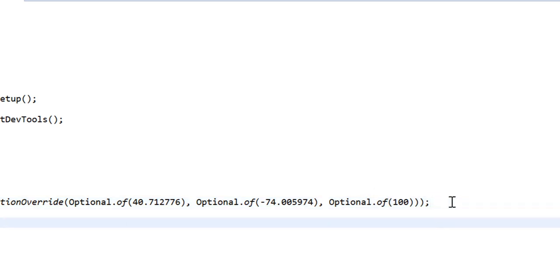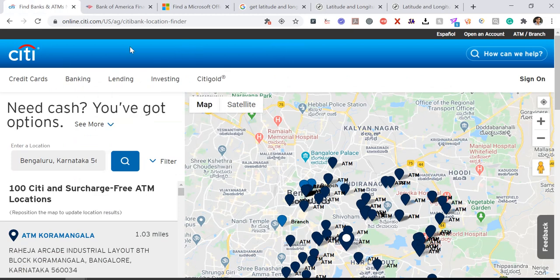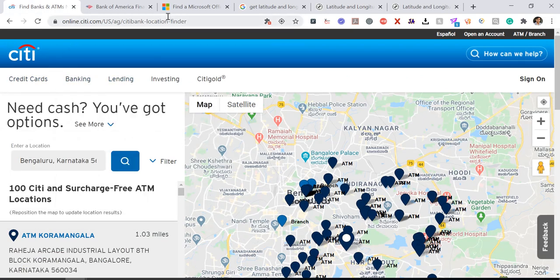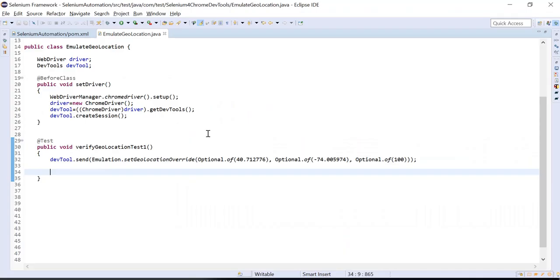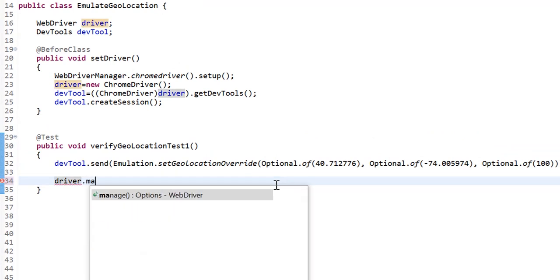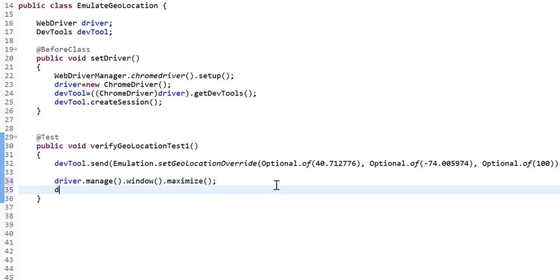So this part is done, and now I am going to emulate the geolocation for this Citibank website. Let me take this URL. driver.manage().window().maximize(). I am maximizing the window, and I'll set some implicit wait time.